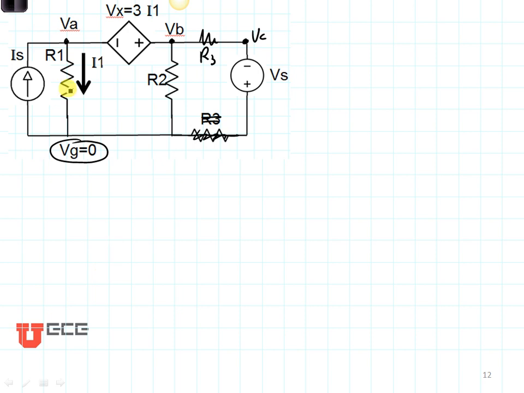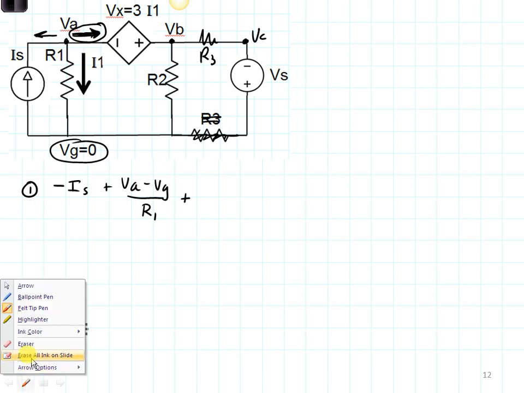And then, when I did this before, I defined outgoing currents like so, and I wrote my first equation, which was minus IS plus VA minus VG divided by R1 plus, what am I going to do about this one? I have two choices. I can either give it a variable name and eventually solve for it, or I can do something called a supernode. The reason that I can't easily do this problem is because I don't actually know the current that's going through this voltage source. So one way to do the supernode, I'm going to do in red,